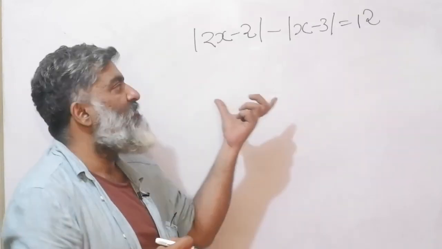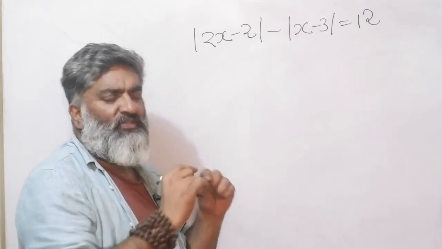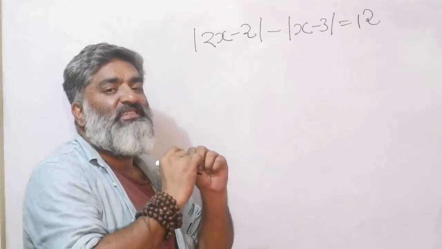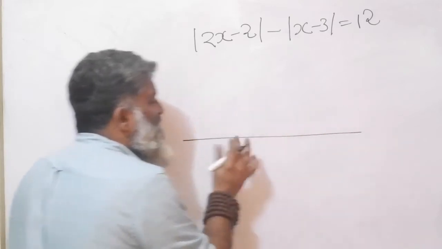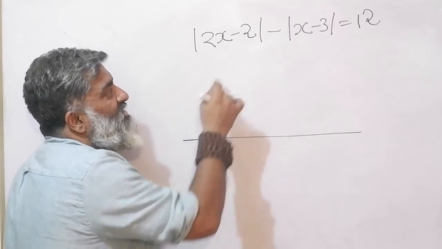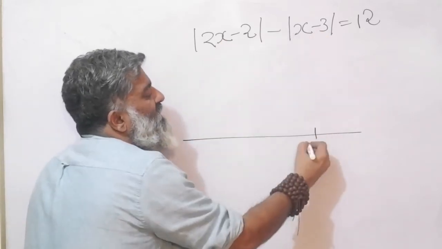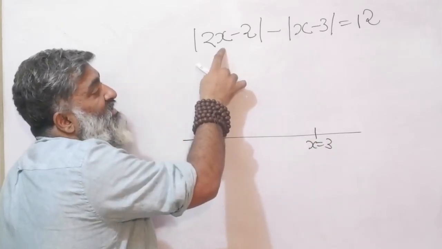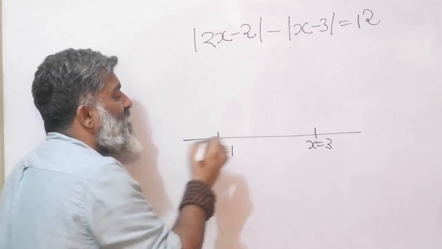So changing an example will definitely help us clarify the idea, and I'm sure right now you've seen the method, but the idea might not be very clear, but I hope the basic steps of the process are getting in place. That my number one step, easiest step, is just draw the line. Anyone can do that, right? The next task is to find locations of x where this is 0 and this is 0. This is very easy. This will be 0 at x is equal to 3. Think about this. If you put x is equal to 1, 2 1s are 2, 2 minus 2 will give you a 0. So here x is going to be 1.